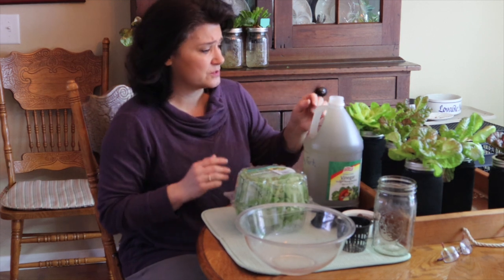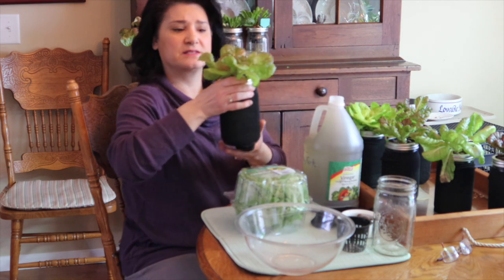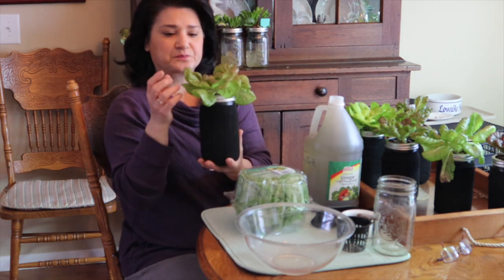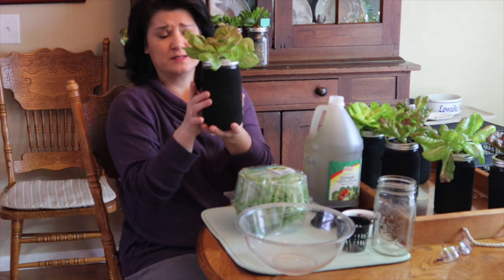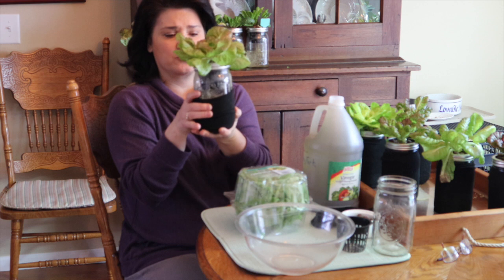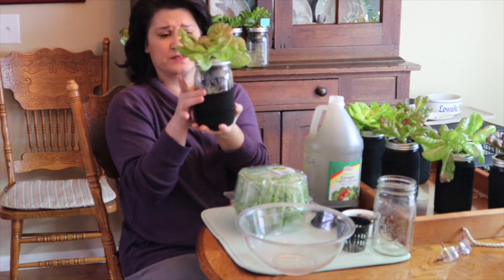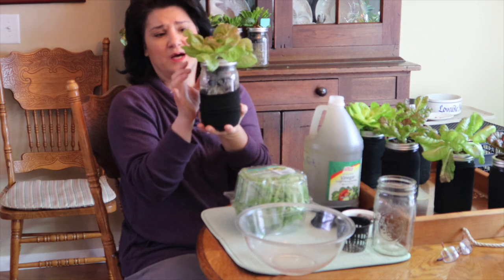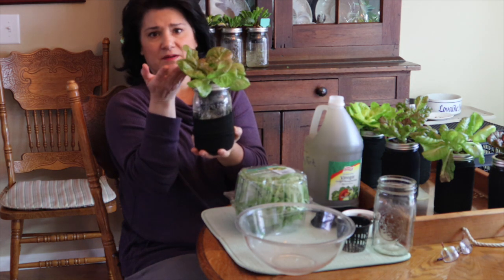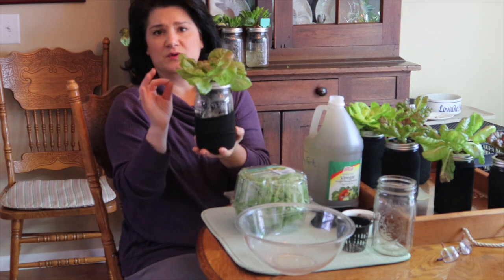So first, let me show you one of the heads of lettuce that I currently have growing. So this is a mason jar, basically filled with hydroponic solution, fertilizer in some water, a hydroponic cup with some pebbles, and your leafy green. So in this case, I'm using lettuce,